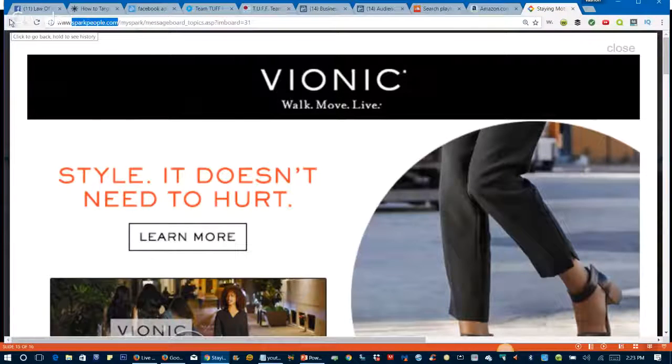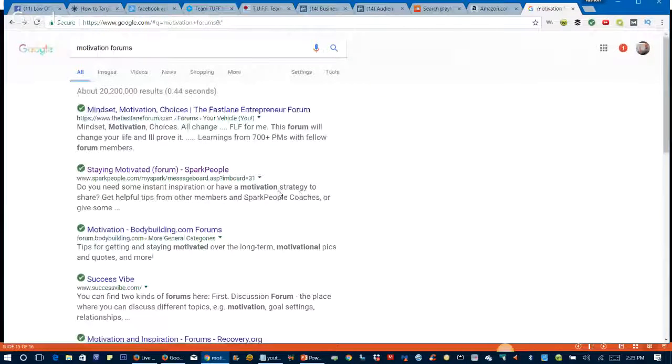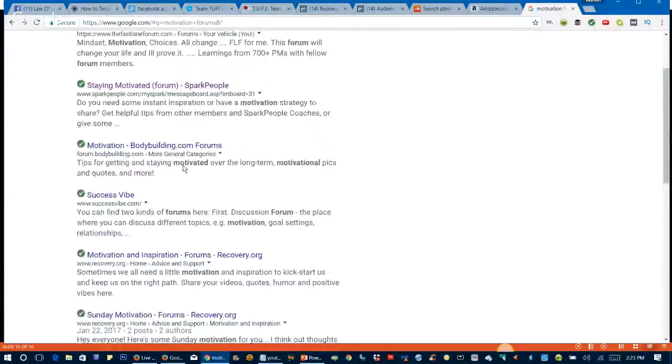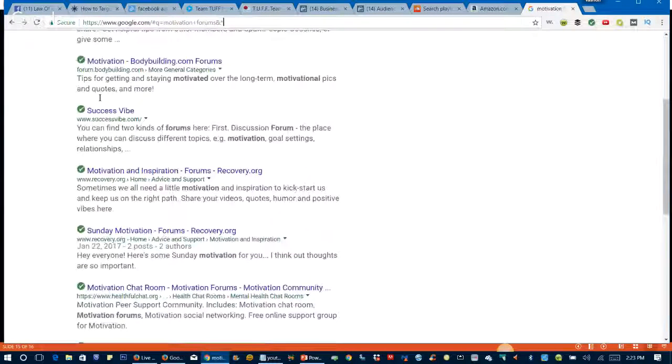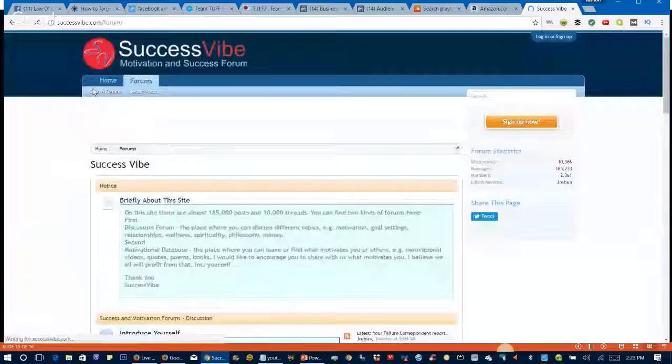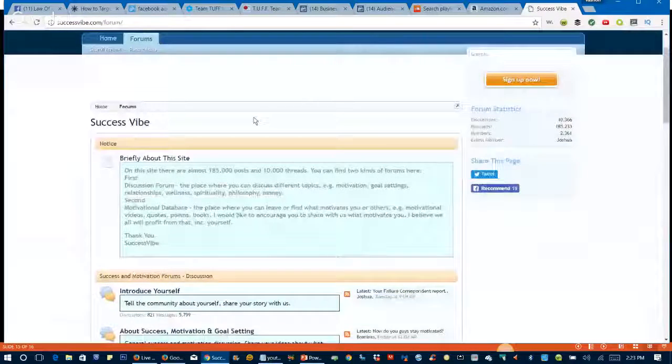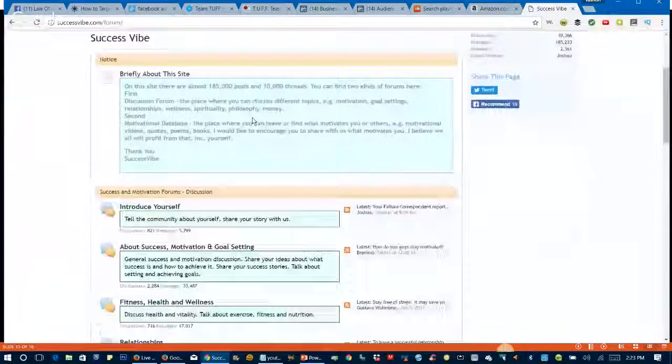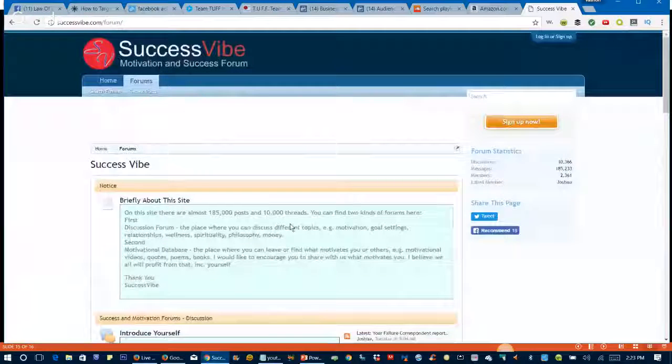And then I'll do a search in Facebook to see if that's one of the options that they give for an interest group. Like here's another one, Success Vibe. I could copy that. And I always like to go to the page first and just make sure that these are people that I might actually want to follow and have in my business, and make sure it's upbeat and really positive.